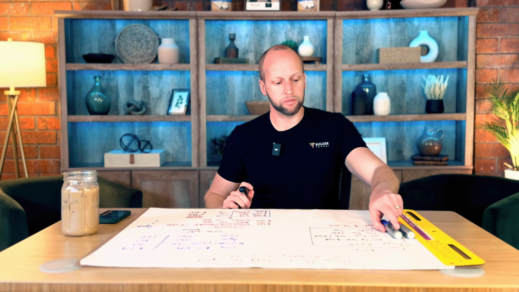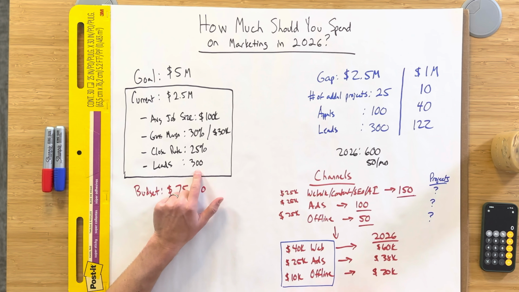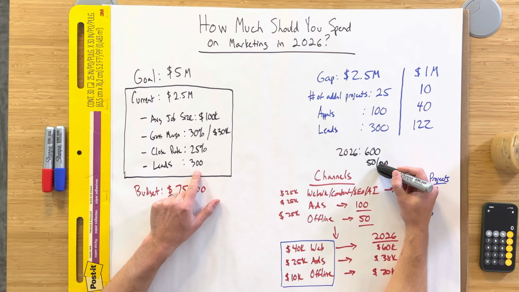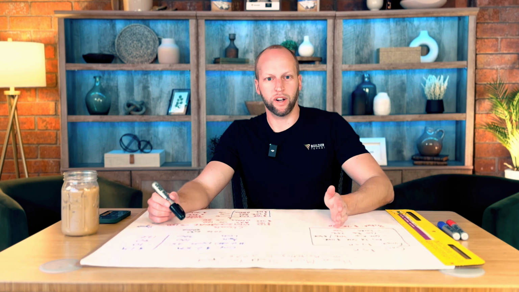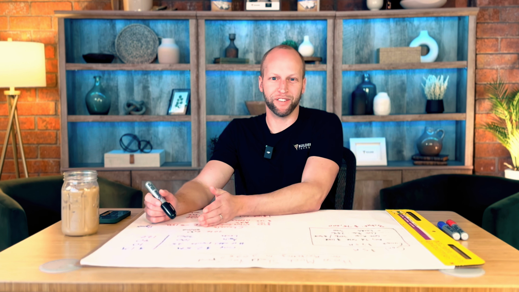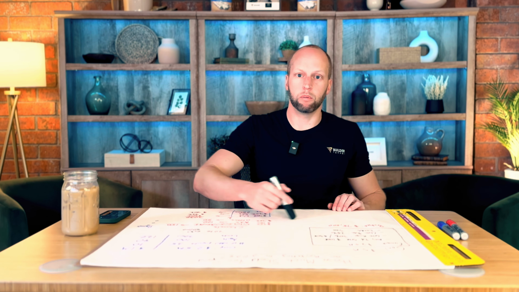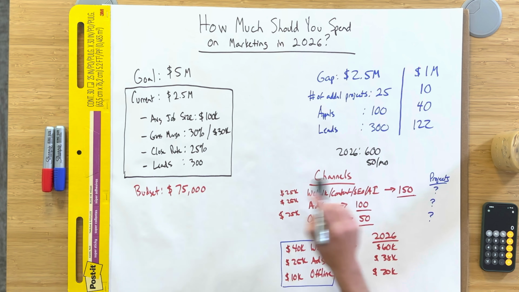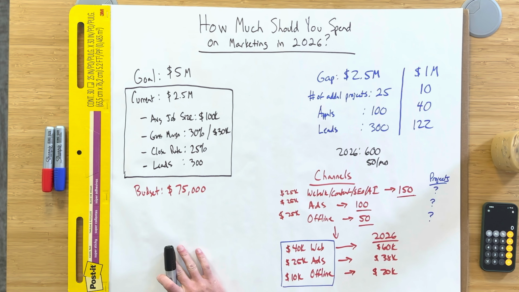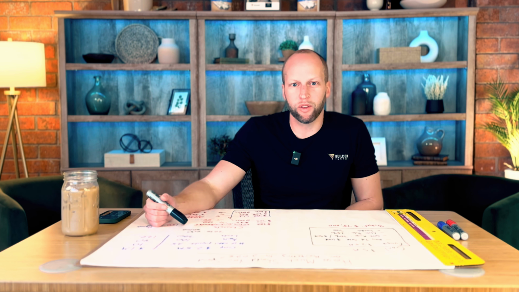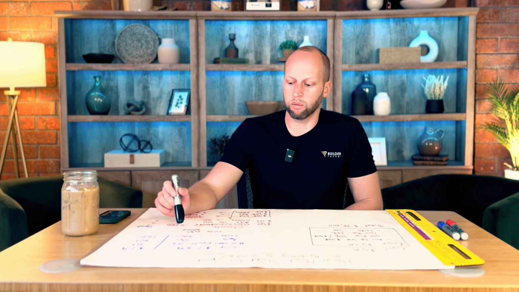Now, the last thing I'll note is that if you are used to getting 25 leads a month or 300 a year, and you're trying to ramp up to 50, you're not going to necessarily flip the switch and all of a sudden go from 25 leads a month in December to all of a sudden 50 leads a month in January just because you increased your budget across these channels. There will probably be a ramp up period. And so as you're going from here to here, you want to see, hey, am I making progress from 25 to 50 leads a month? Not every month will be perfect. There's seasonality, so you'll just have to use some past history to make that determination.